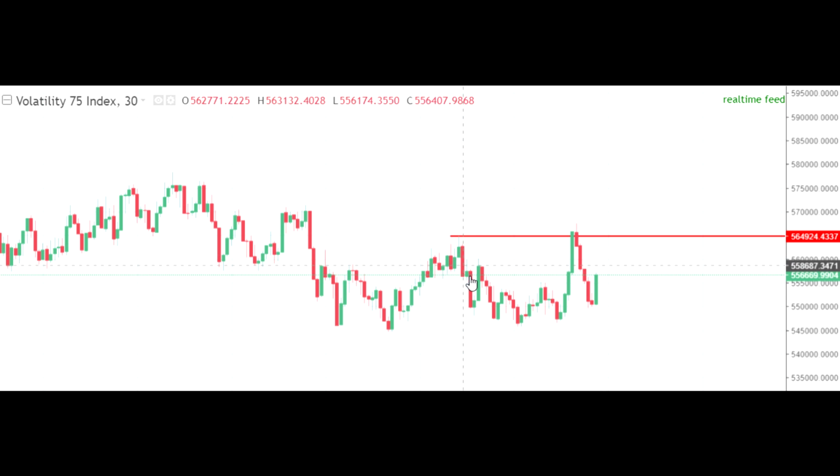Then price retraced. And what did it retrace into? There was this fair value gap here. Price retraced into it, quickly rallied up again and came back down. I never closed. I had a trade running from this point. I never closed the trade. And then what did price do? Price went up and came down, settled into this other block again, and then came up and came back down into the other block again.